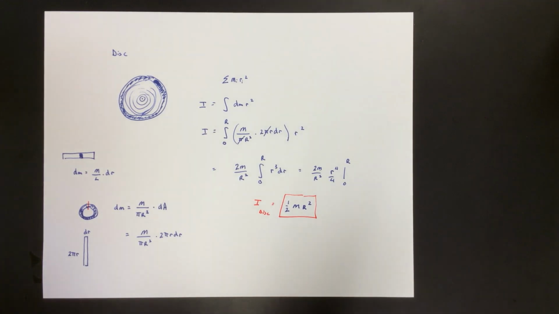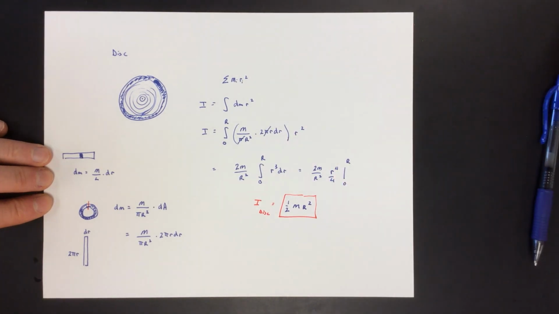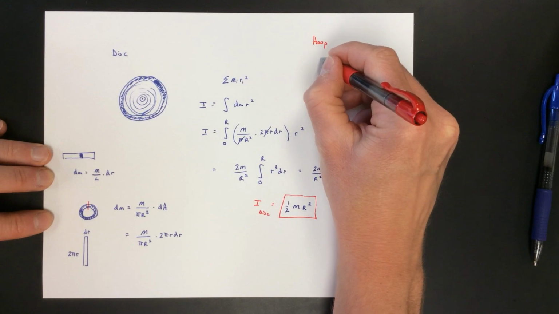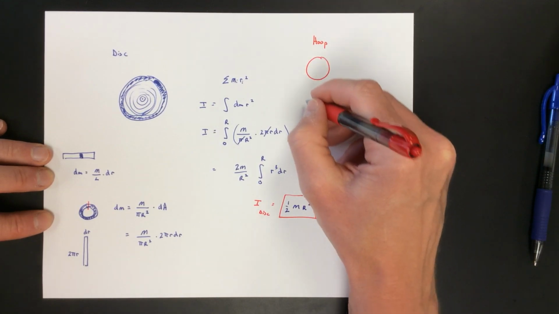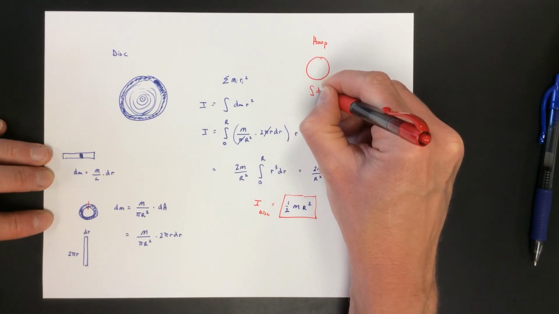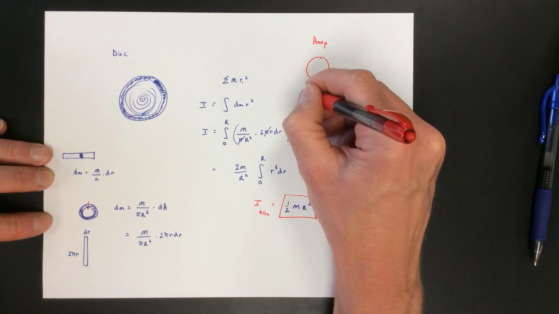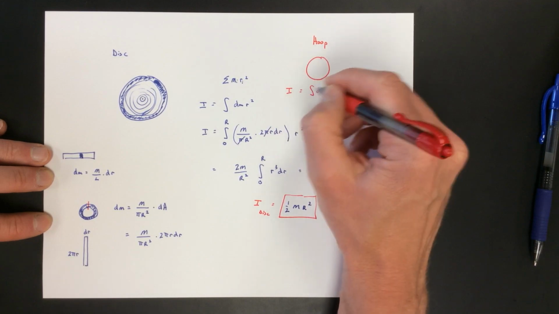Okay. I guess we have time. Let's just go ahead and do the hoop, because the hoop is actually super easy. Hoop is my favorite because it's like one step and you're done. A hoop is like this. And you're like, okay, it's the summation of all the dm's at their r squared. And you're like, oh, cool, check this out. Aren't all the dm's